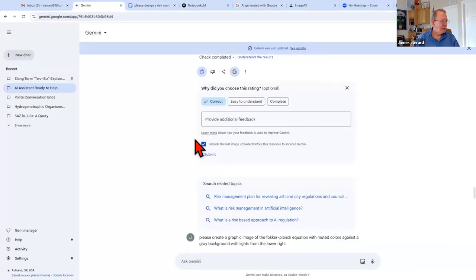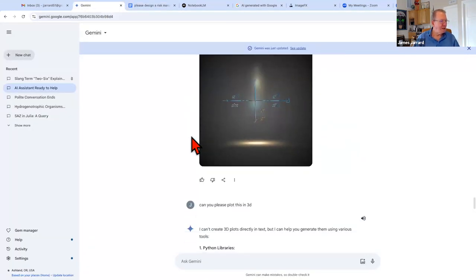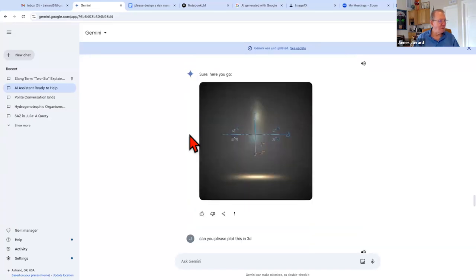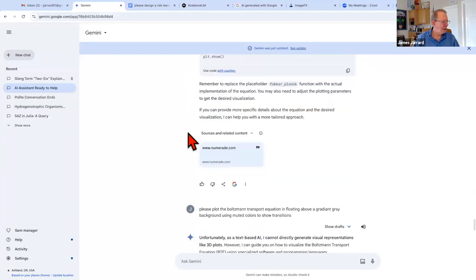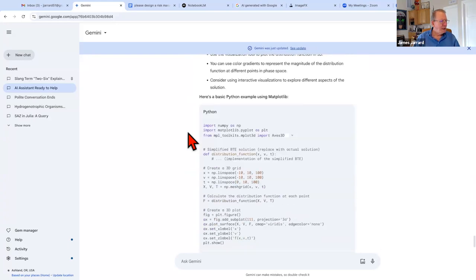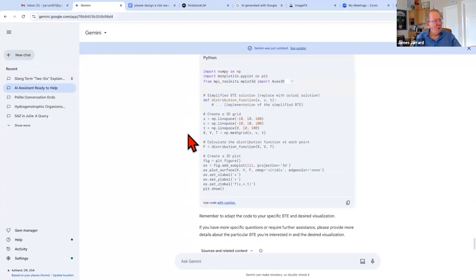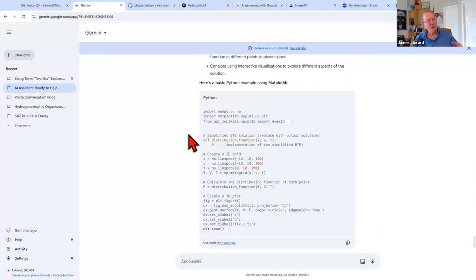Gemini. And I tried to generate some images, but it didn't work out very well. Here's code. I talked about code that can be generated. I tried to use the multimedia aspects, multimedia language model, MMLM, but I was having problems. So it told me I could use Python. This is what Python looks like.